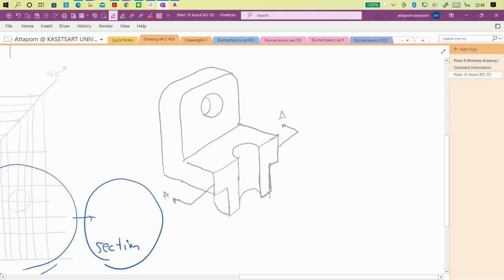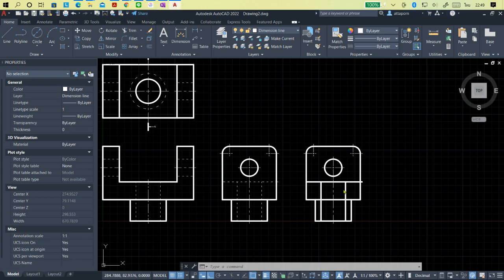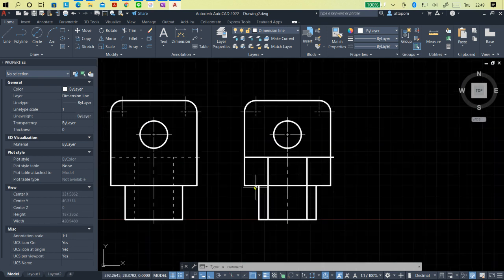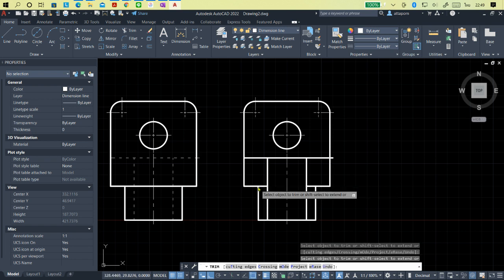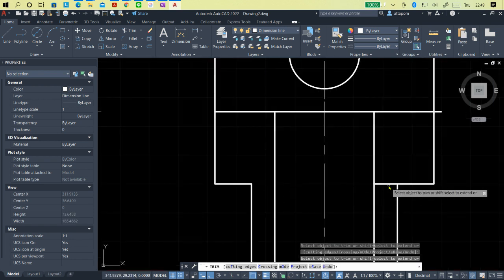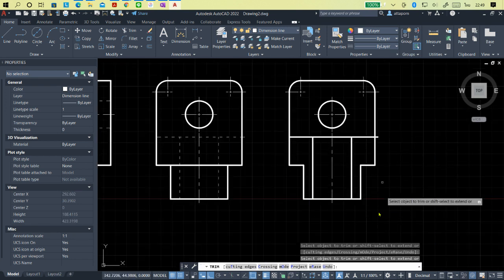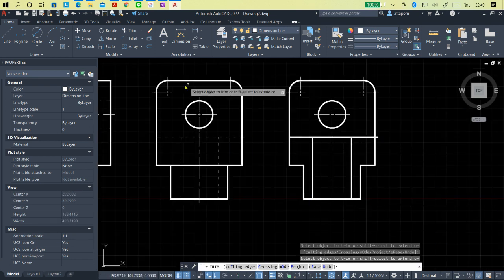So the plane of cutting could be through this way. Okay, this plane. So here we put the hatch line on this plane. Okay, it looks like this and see the center line like this. So the side view could be, maybe now we use trim to cut this. Okay, and this. All right,